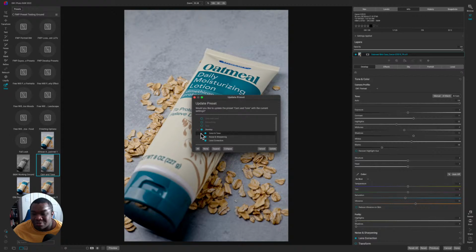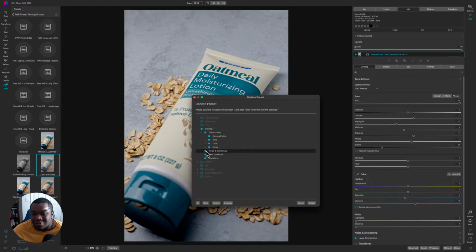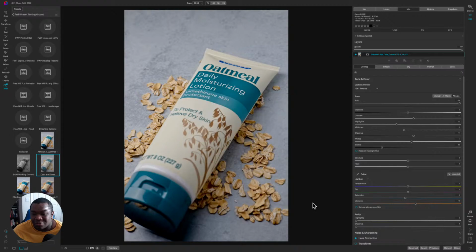Like, I don't want everything in develop, right? I don't need any of that. I want the same stuff that I had before. And then I'll turn that off and then hit auto tone and hit update. All right. So now AI Auto is selected, so it's going to actually apply it. So if I hit done,